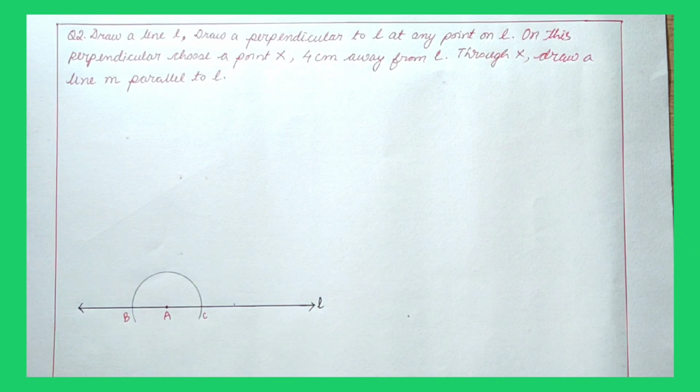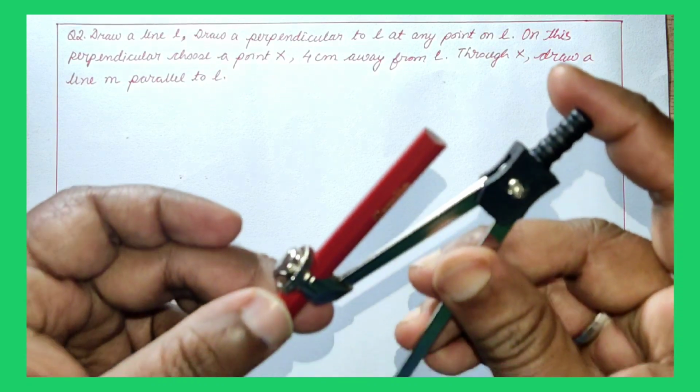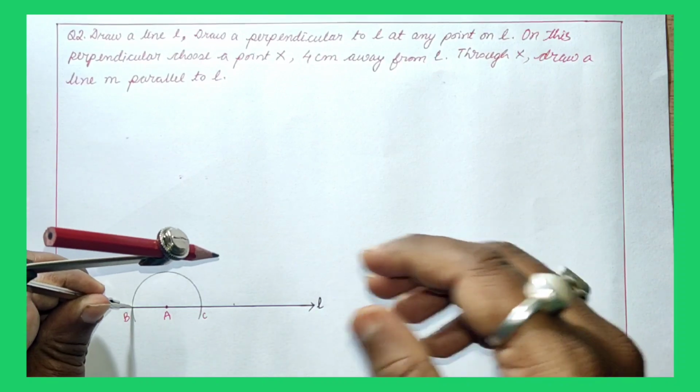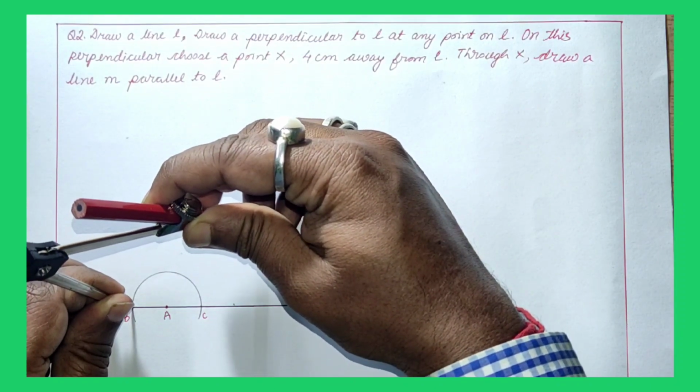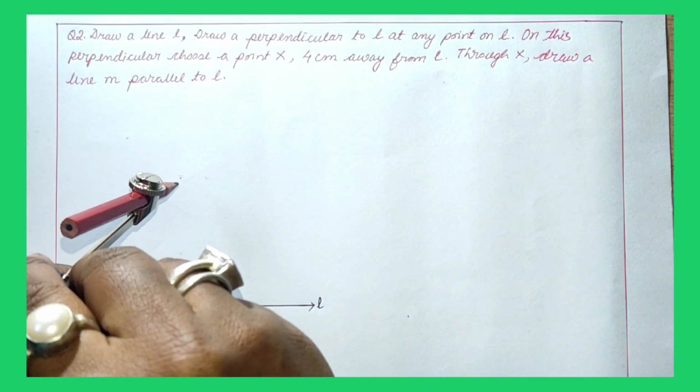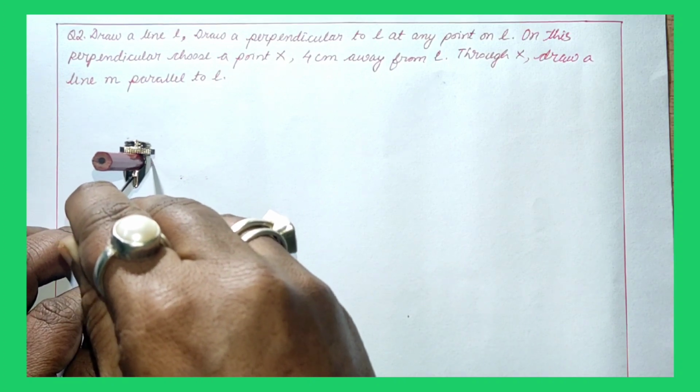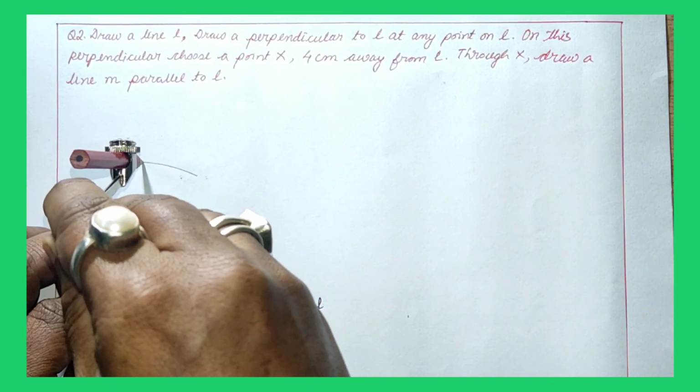Okay. After that, I have to extend the compass little bit, and I will draw two arcs from the 2 points B and C. But mind it, both the radius of the two arcs would be same. Whatever I take, any convenient radius. So from B point, I will take a radius and I will draw an arc. Say this is the arc from the point B,